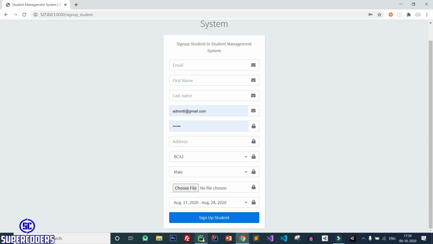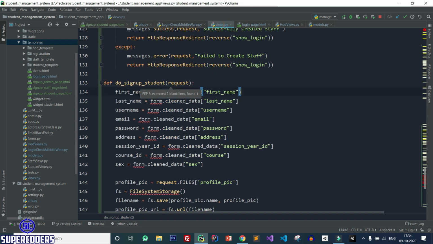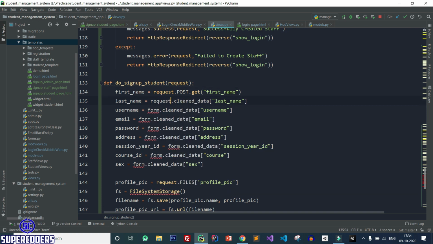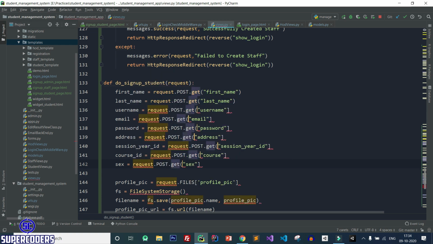Now back to PyCharm and let's save this data. So come to views, request.post.get, which is perfect, request.post.get. Let's select multiple. So selecting every multiple data, change this to request.post.get and close it.